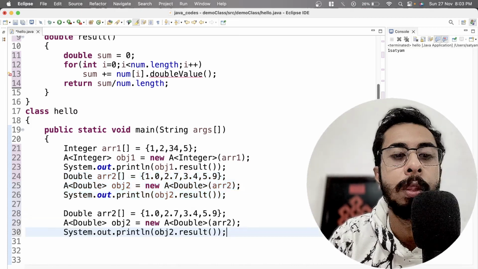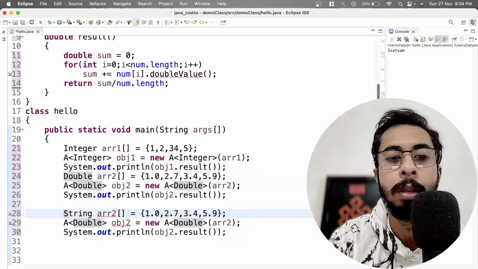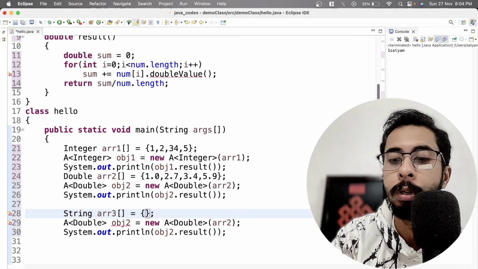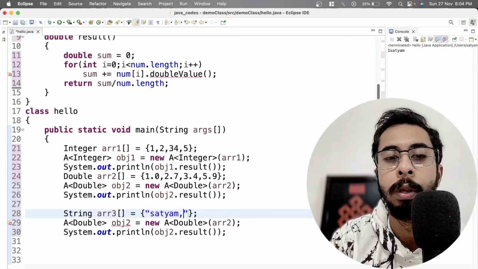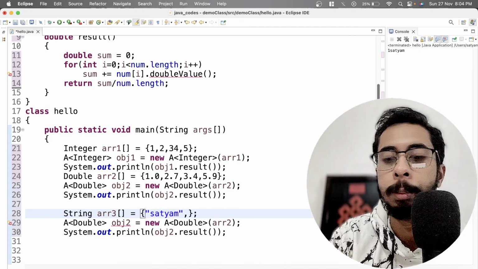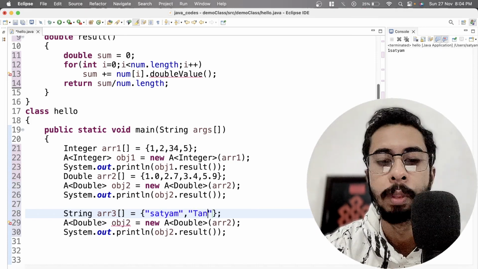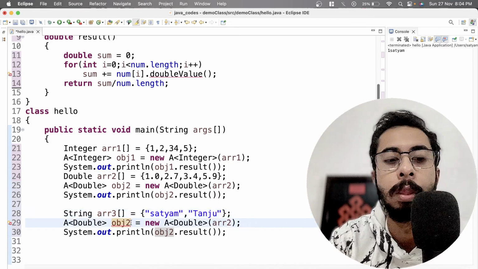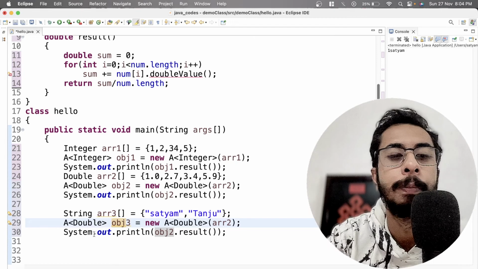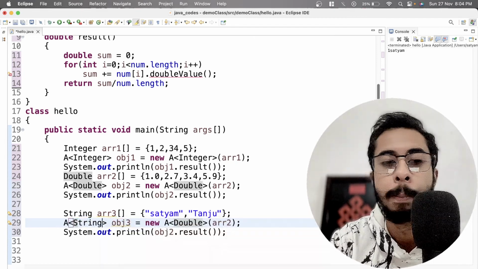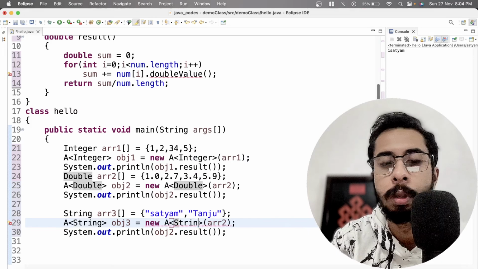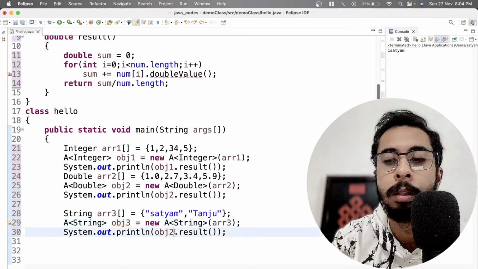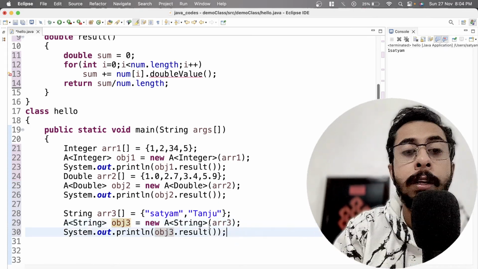So I might use something called a string here, and I'll name it array 3, and I'll send some string values here. Say SATYAM. Let's say some names, right? So here you see obj3, and let's make it string. Let's make it string, right? And I'll put array 3 here, and here object 3. See, no compilation error here, but